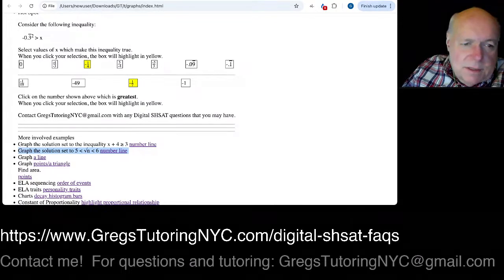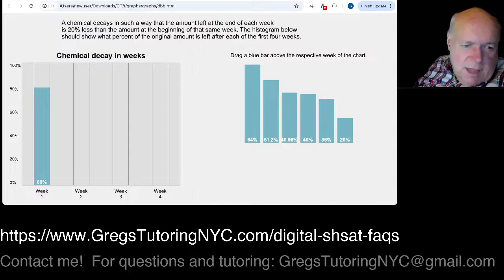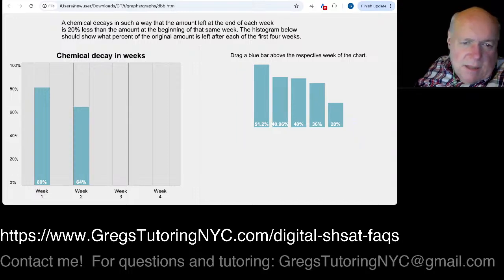Histogram bars. All right, so this one is a completely different thing. We have to solve a question on the top there, and when we get the answer, we have to drag it across and do what it says. So it turns out the answer to this is the order of the bars. But if you notice, we're just going to drag these over here. So you have to do a computation, and then commit to the answer by putting the histogram bars in the